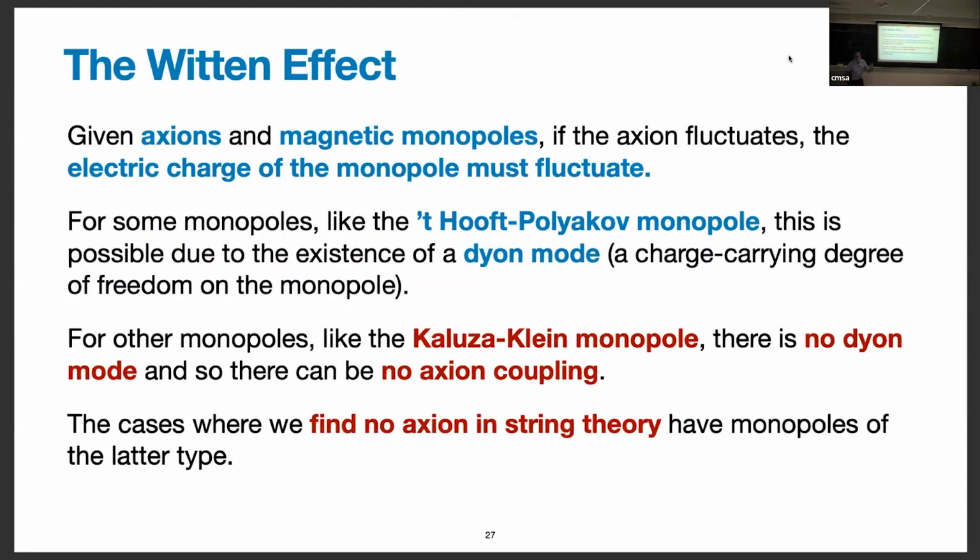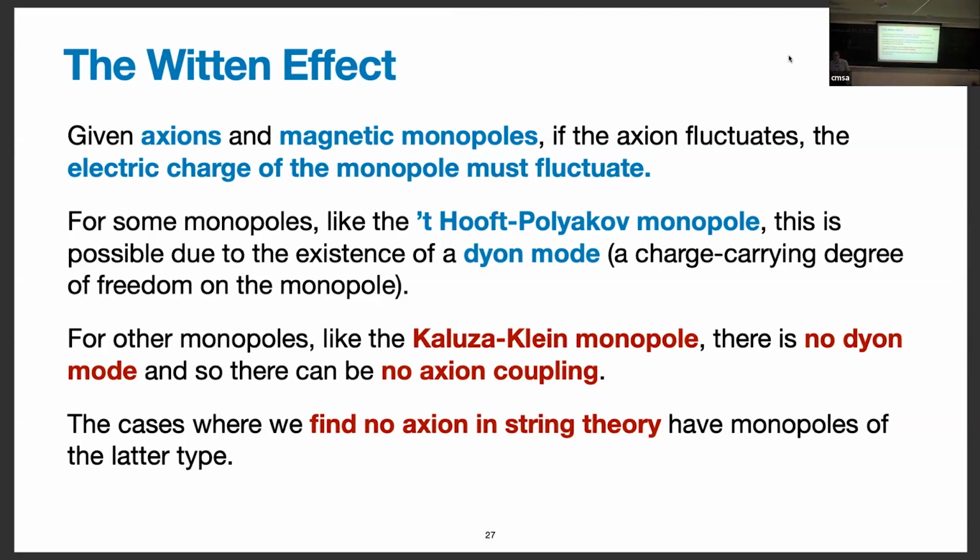And I've told you that monopoles seem to be a thing that can do this, but now circling back to the question, sometimes they don't. Sometimes the monopole doesn't break the symmetry, or more precisely, sometimes the monopole breaks the instanton number current that I wrote down, but there is an improved current where I add another term to it that becomes conserved. And that happens when the monopole is a dyon mode. So physically, this is about the Witten effect. If I have an axion and the axion fluctuates, the Witten effect tells me the monopole had better acquire an electric charge. Some monopoles are equipped to do that. They come with a degree of freedom that can turn on and give them an electric charge. And then it's okay to couple them to an axion.